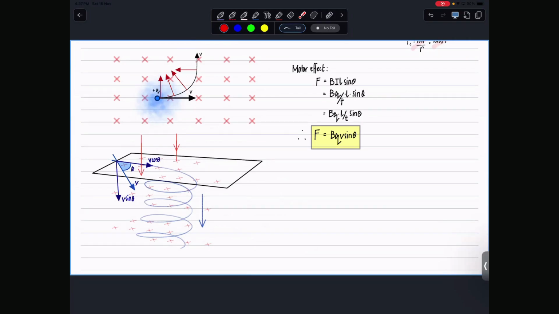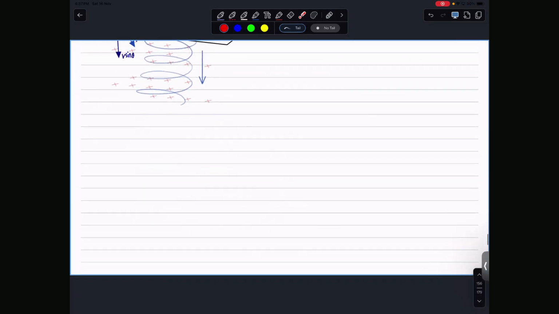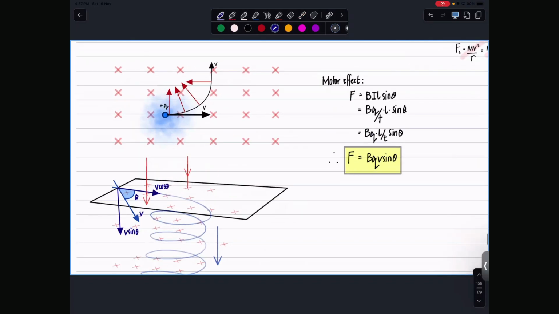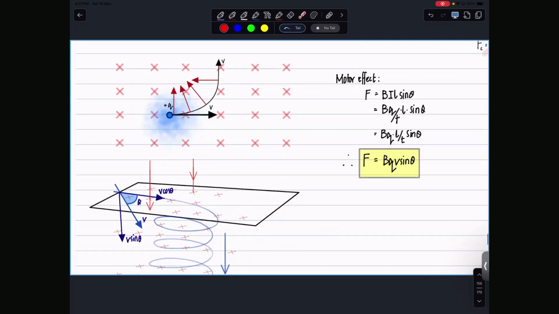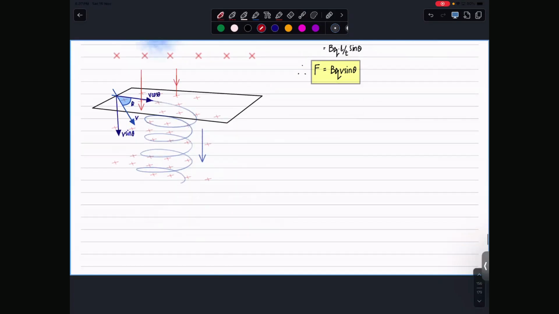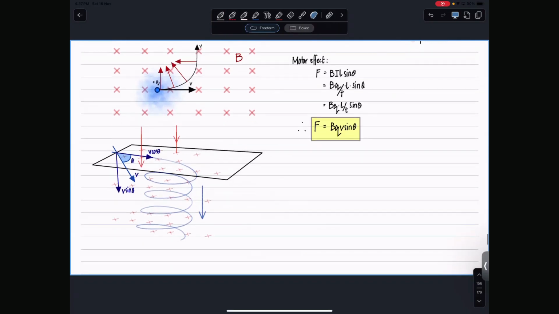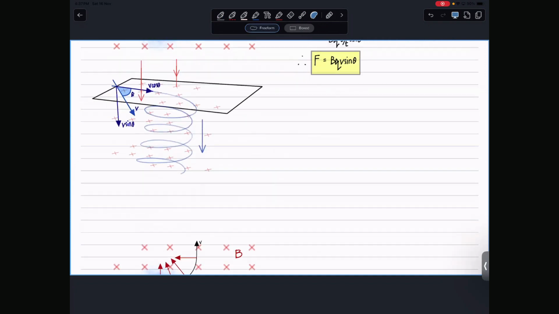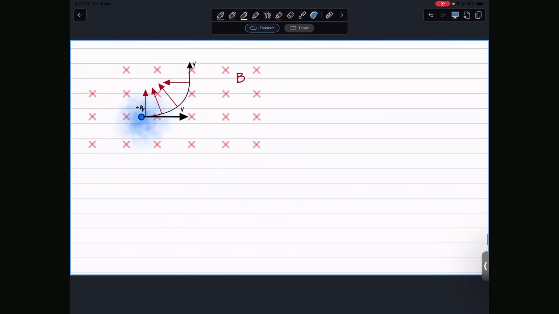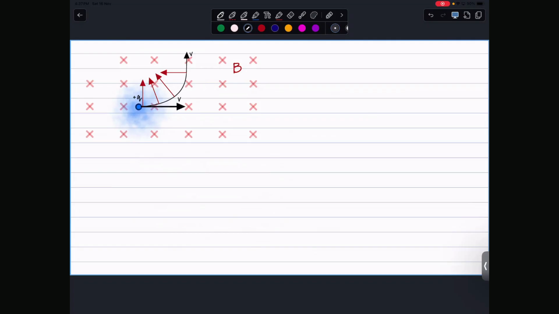Okay, so I'll show you one more thing, and then I will give you some notes on this. The next thing is, what is the relationship between radius, magnetic flux density, mass, and everything? So how do you figure that out? So we need to look for circular motion here. So you have your particle here that's moving in the field, and in circular motion,